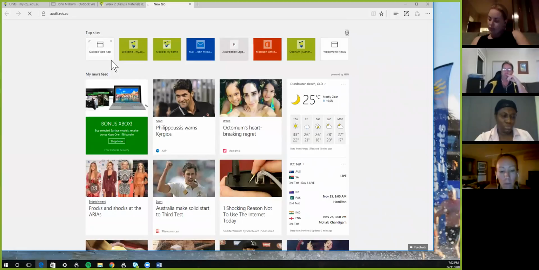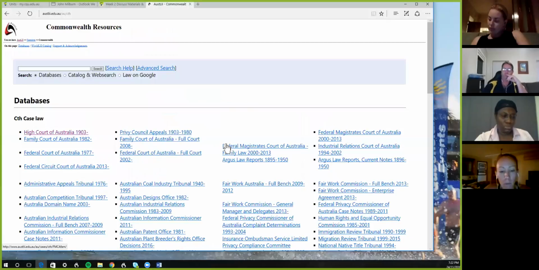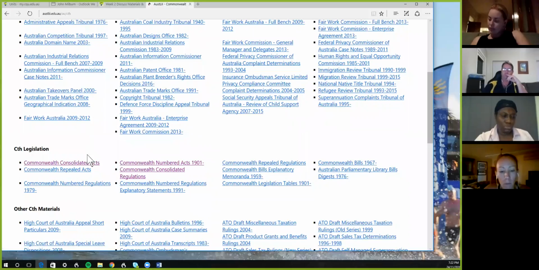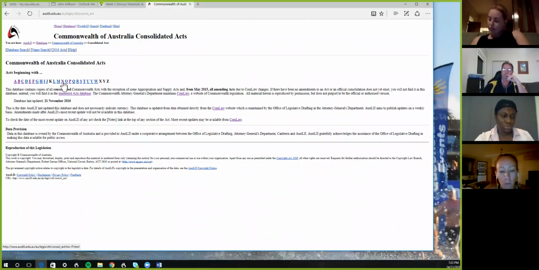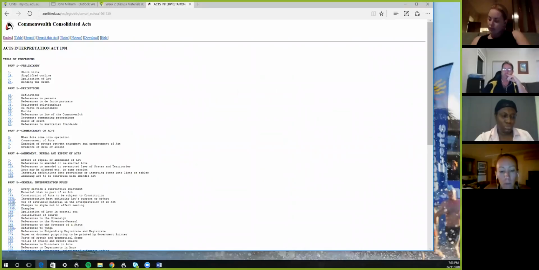The reason I'm saying we're going through Ostley that's cheating is it's the unauthorised version. When you're in court, you're not supposed to hand up cases that are sourced through Ostley. You're supposed to do this through the authorised sources. So I think we're looking at the Acts Interpretation Act 1901, and we're looking for the Simplified Outline. Can anyone tell me where to find the Simplified Outline of the Act?